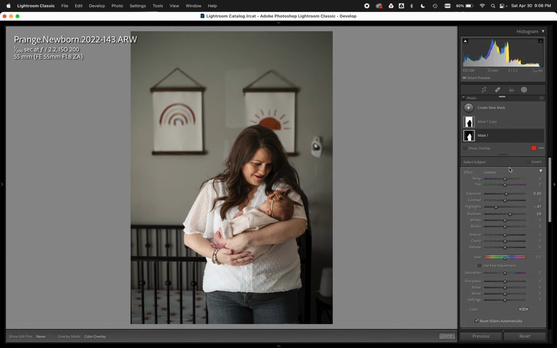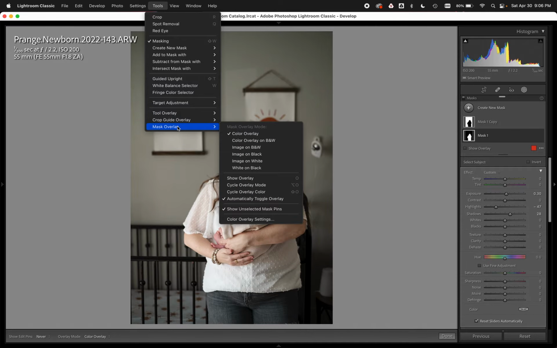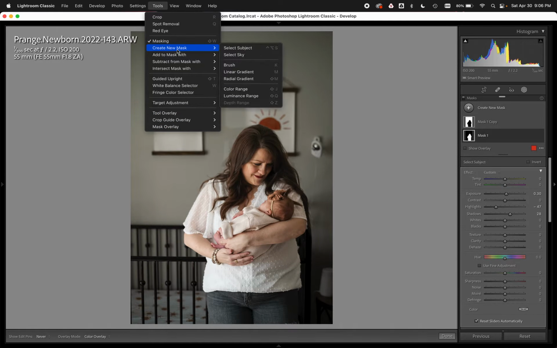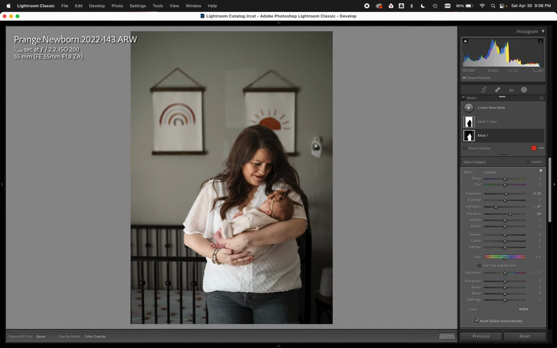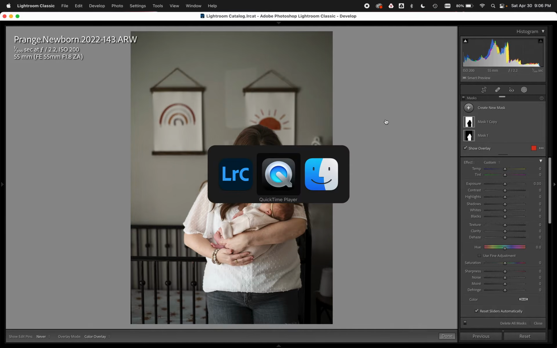So moving on to another quick tip that you'd want to have as well would be in the tools panel. With creating a mask, you can make any of these that you want shortcuts. So subject select by default doesn't have a shortcut. It requires you to go Shift W, create a new mask and click select subject, which I think is kind of clunky. So if I wanted to